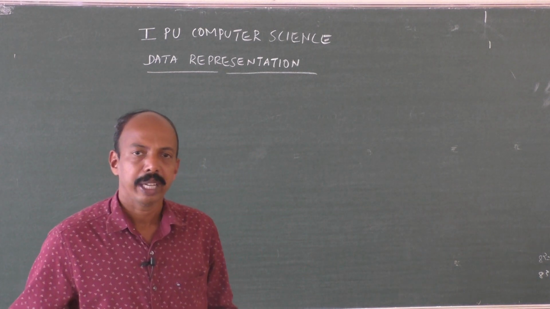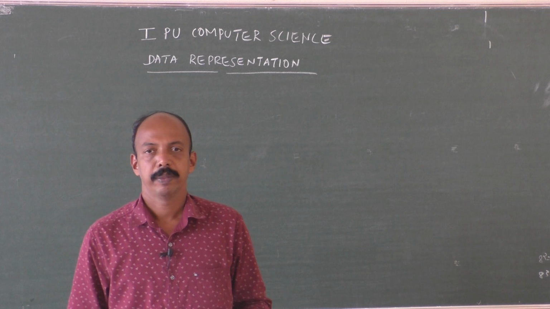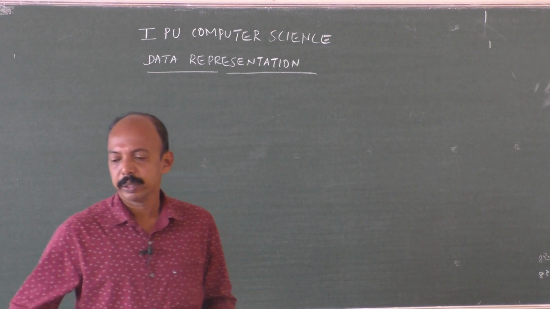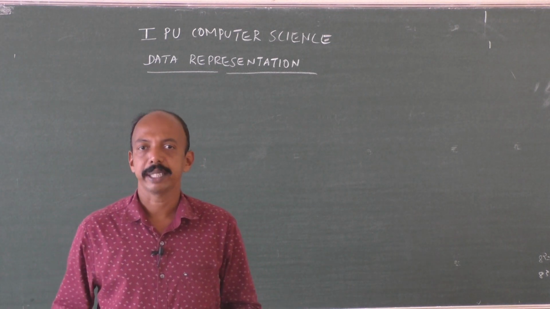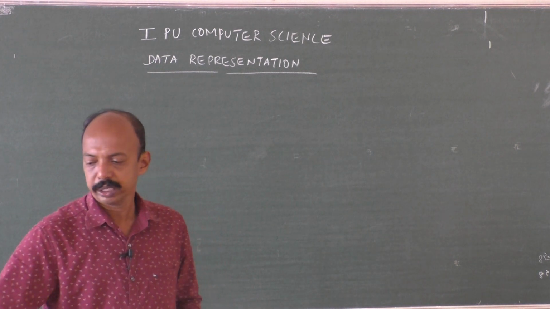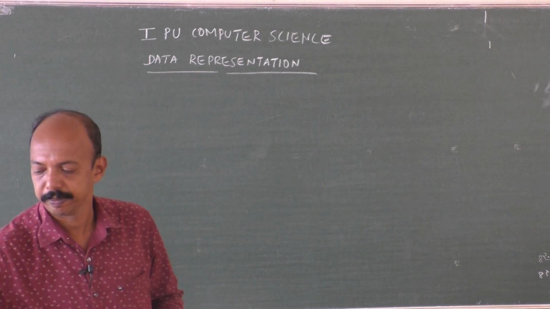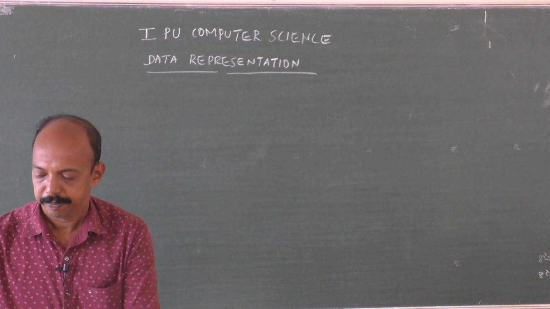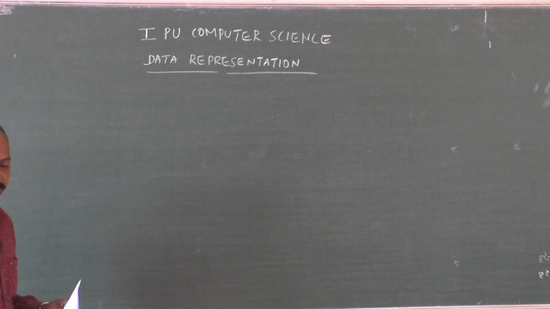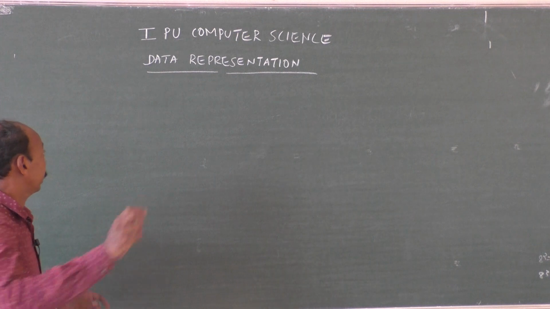In last class, we have seen some of the conversions. Mainly, how to convert a number from decimal to binary. Today we shall look into some more examples. Moving further, next number or our next conversion will be